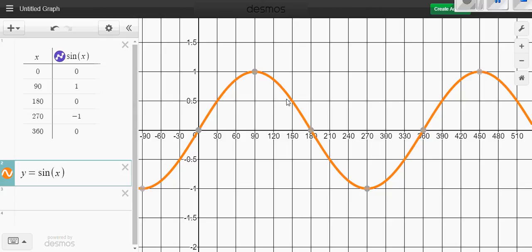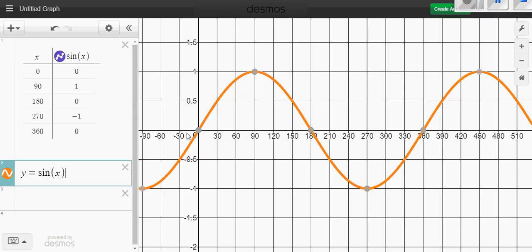In this video, we'll be looking at the base graph y equals sine x. When we plot the base graph of y equals sine x, it's a result of using 5 key points. We're using degree measures, so what I've chosen to use are 0, 90, 180, 270, and 360. The reason we choose these values is because they give us nice y values that are easy to plot to